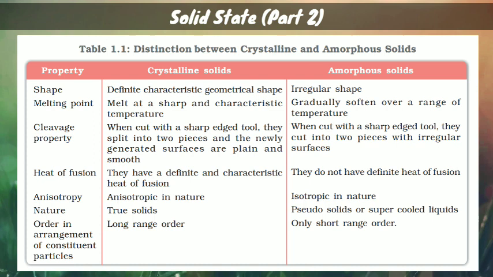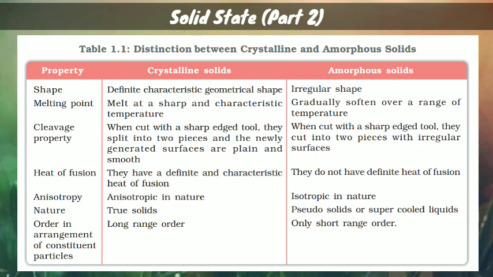Okay, and in the case of crystalline solids, the next point is what? The arrangement of the particles is long range order. They repeat throughout the solid. But in the case of amorphous solids, they may have some portions in their structure which are in ordered form, but throughout the solid, no, there will not be any ordered arrangement.